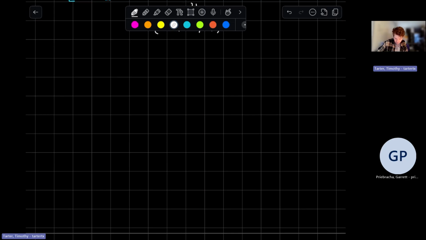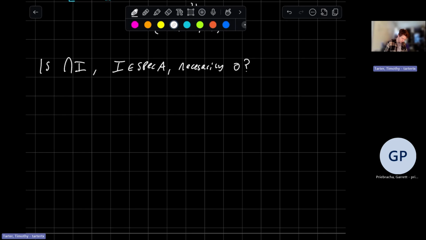The translation of the question is: is the intersection of all prime ideals necessarily just zero? And that's actually a good question. Is the intersection of the primes in Spec A necessarily zero? No, as is shown by the example of dual numbers, where